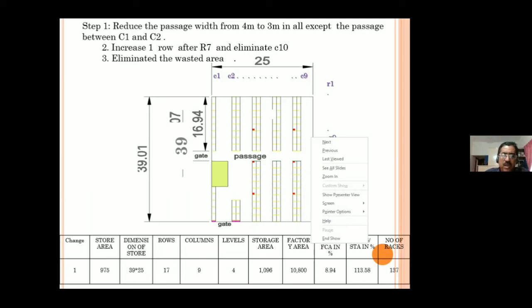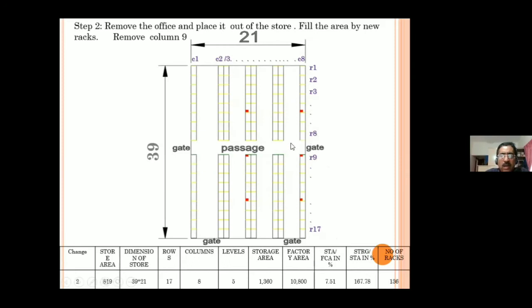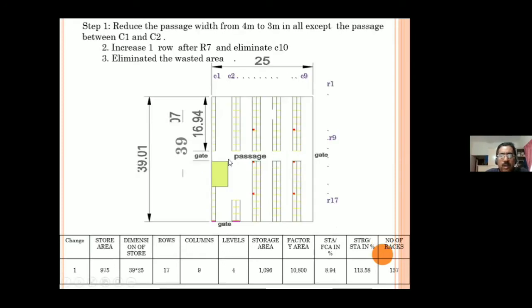So you see here now, this passage is narrowed from 4 meter, it has come down to about 3.1 meter. And here you have the additional row added.